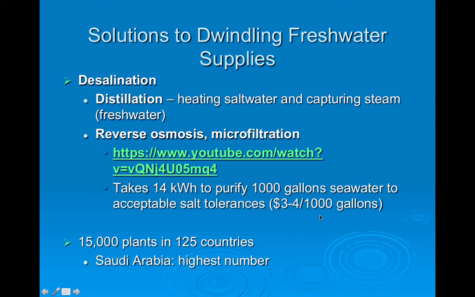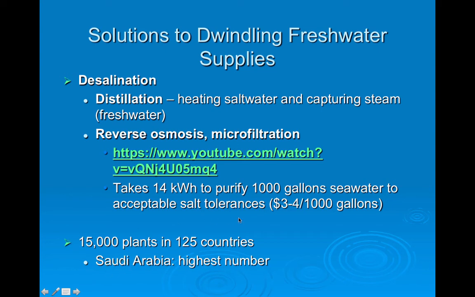It costs $3 to $4 per 1,000 gallons. That doesn't sound like a lot, but it's definitely more expensive. Anybody who lives out on Sanibel Island knows this. They pay twice as much for their water out there as we do here on the mainland because they use reverse osmosis. Do realize that places like Saudi Arabia